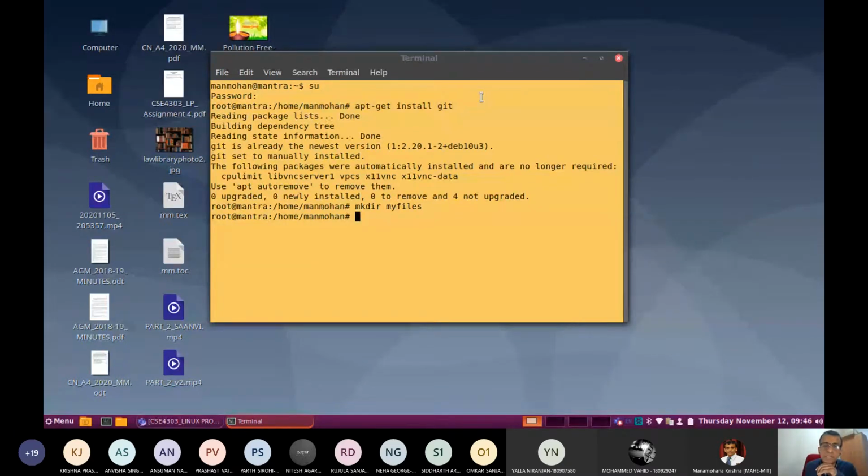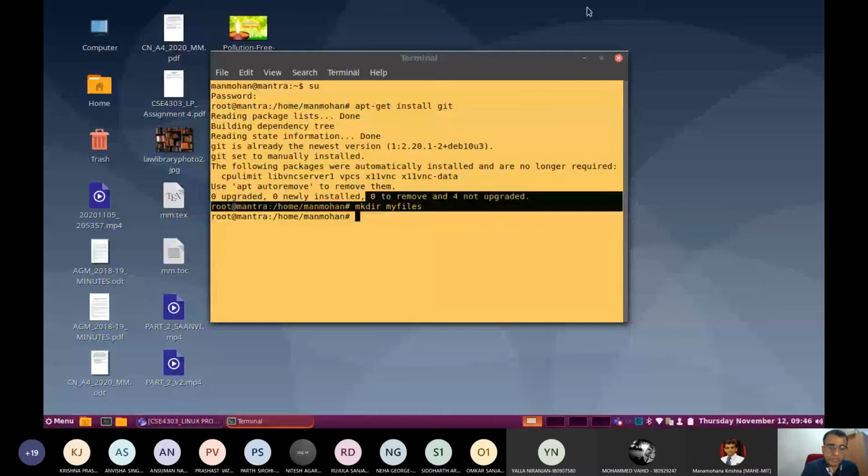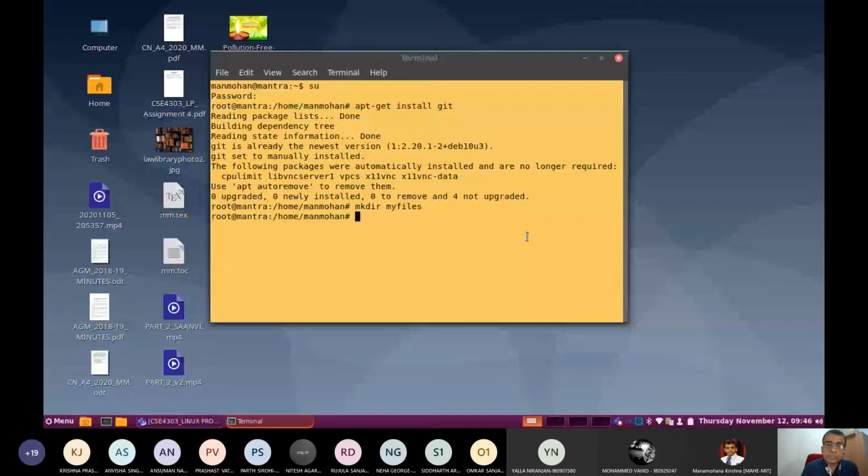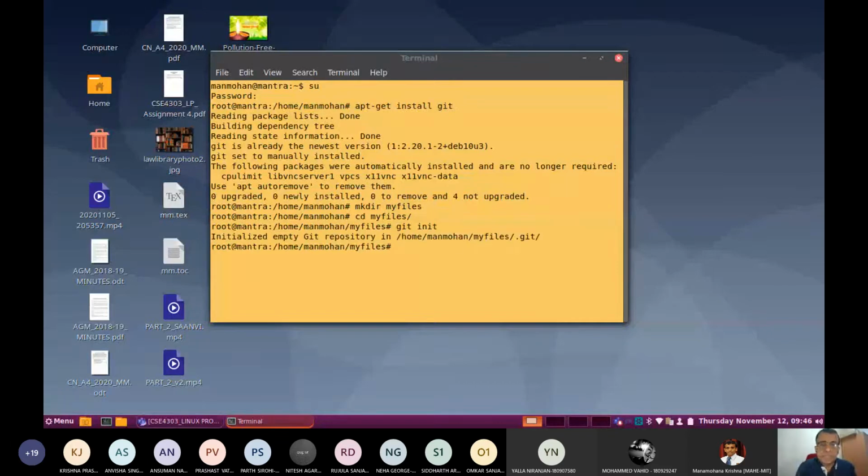So in the last class I explained to you. After creating that, if you want to make this particular folder into your Git folder, you get inside that particular folder called my files, which I created. Then you need to enter the command git init. The moment you say git init, if it is already installed, it will say that the Git repository is already initialized. In the last class we have seen it.